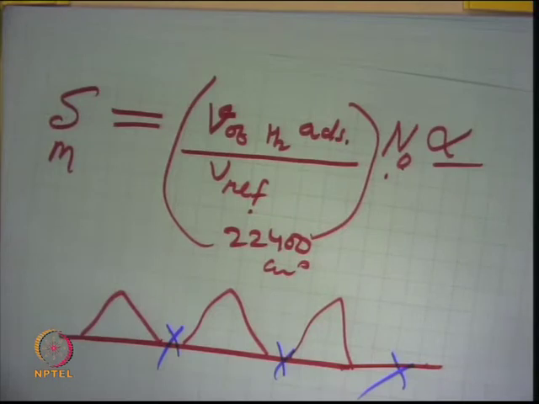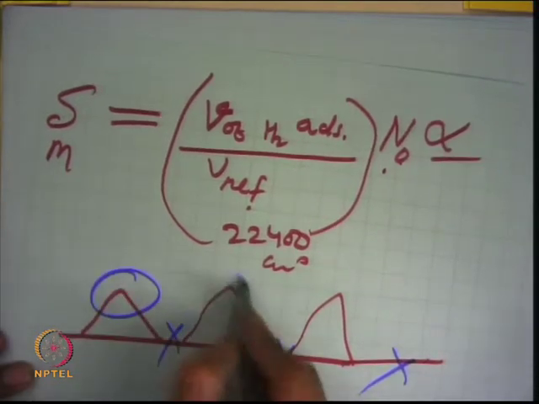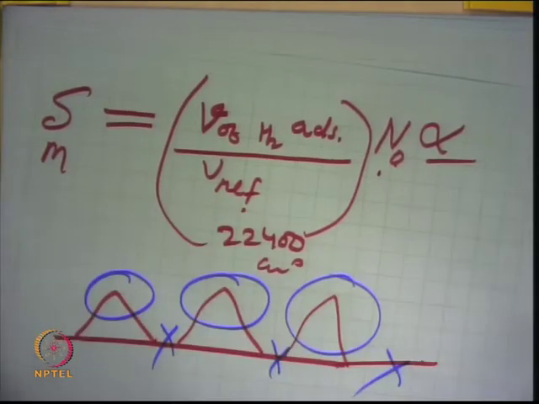Bare surface, there is no chemisorption. So, here the gas will adsorb, here it will adsorb, here it will adsorb. So, we are just assuming that they are arranged in a close-packed array, and we are just taking the projected area of one molecule of hydrogen, and we know that one hydrogen molecule adsorbs on one metal species, one site.